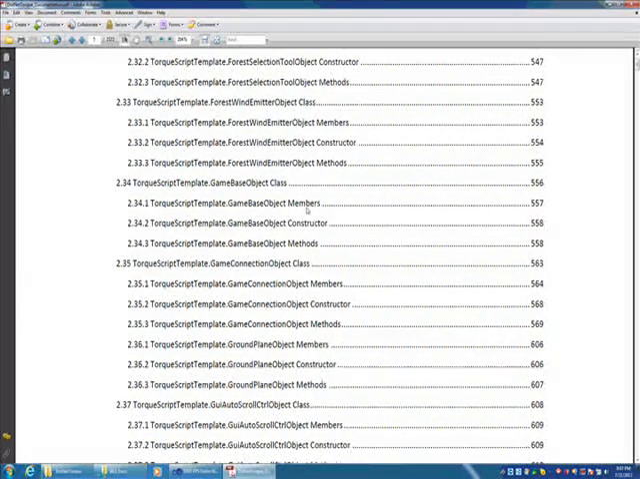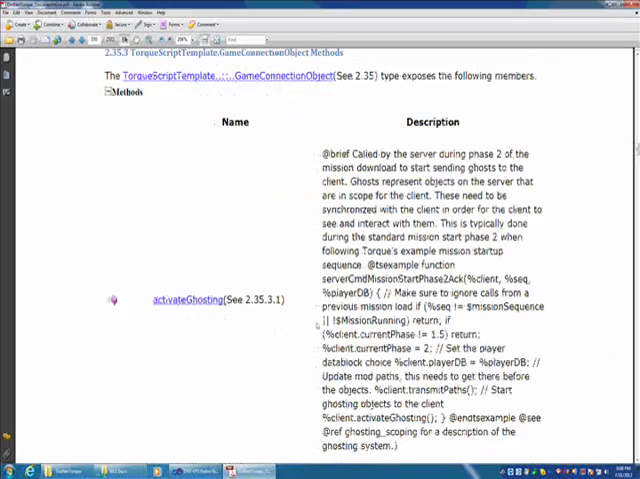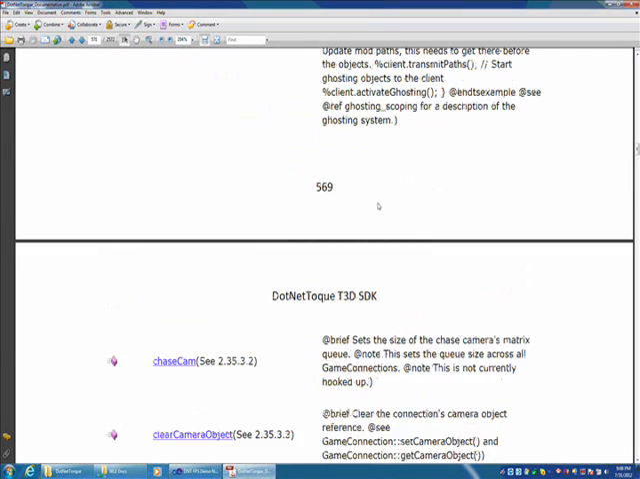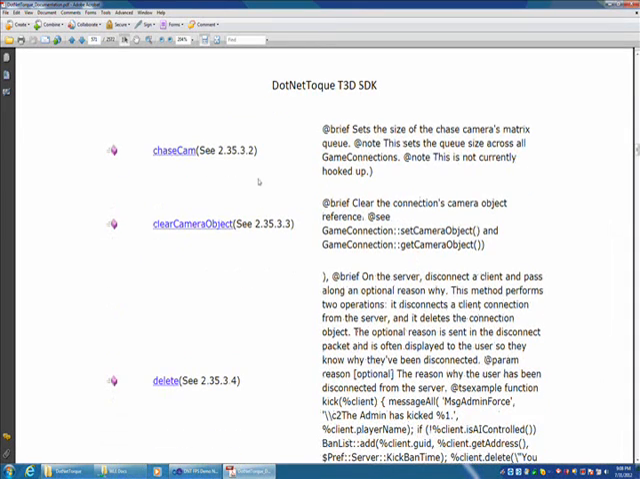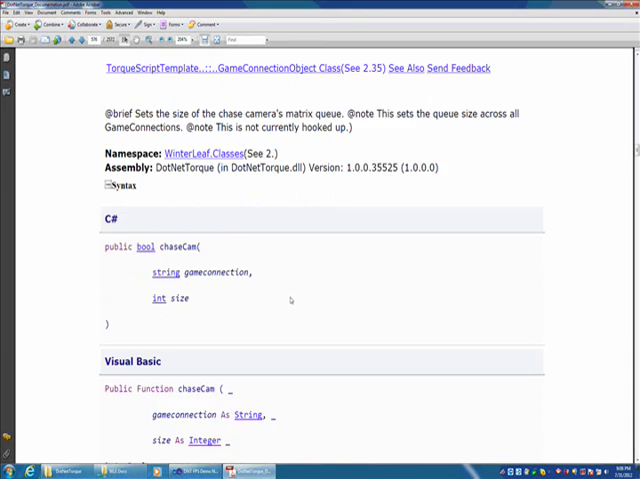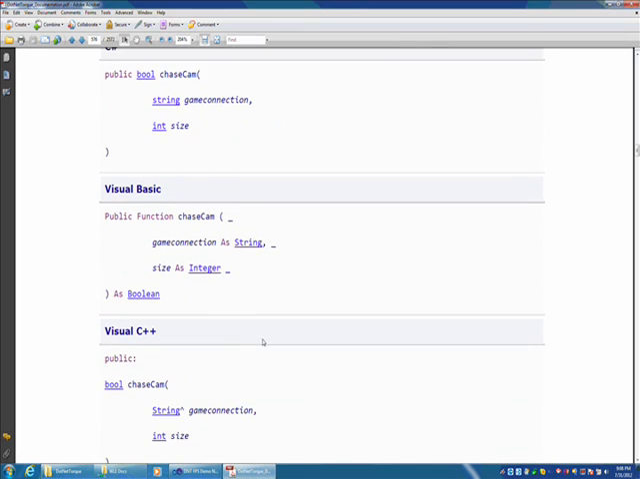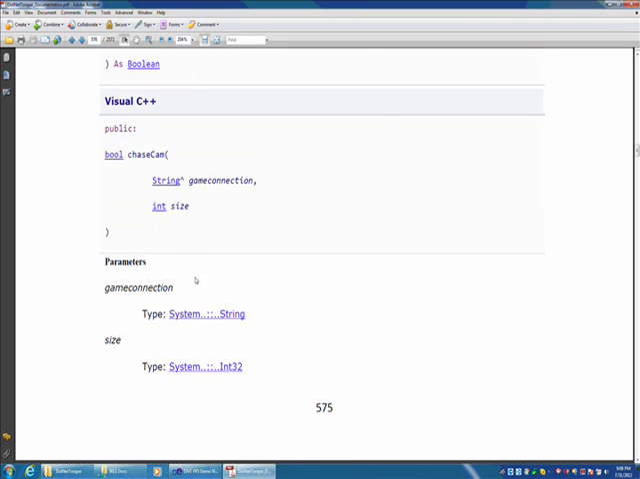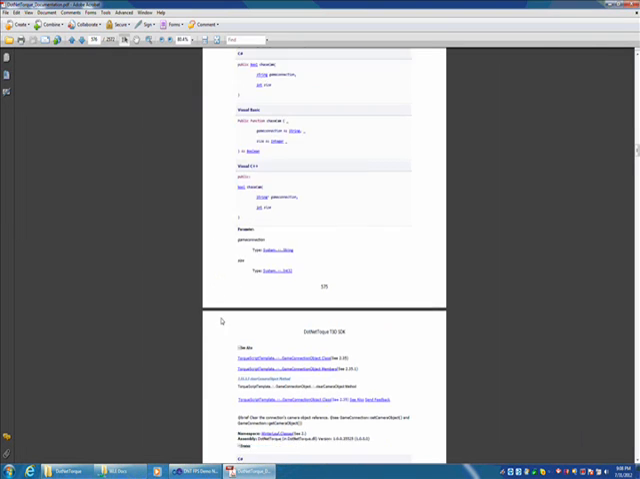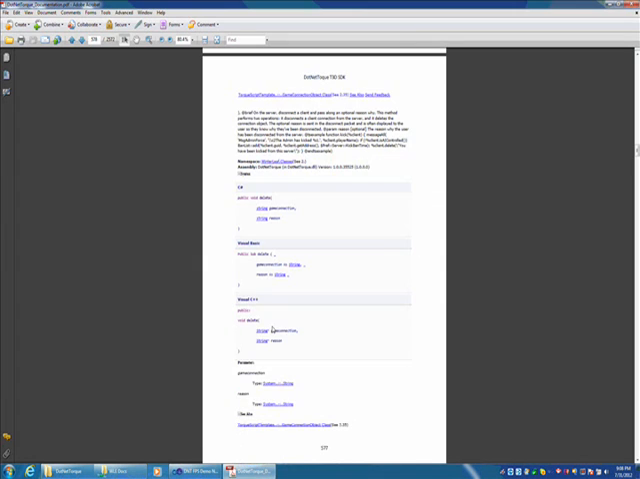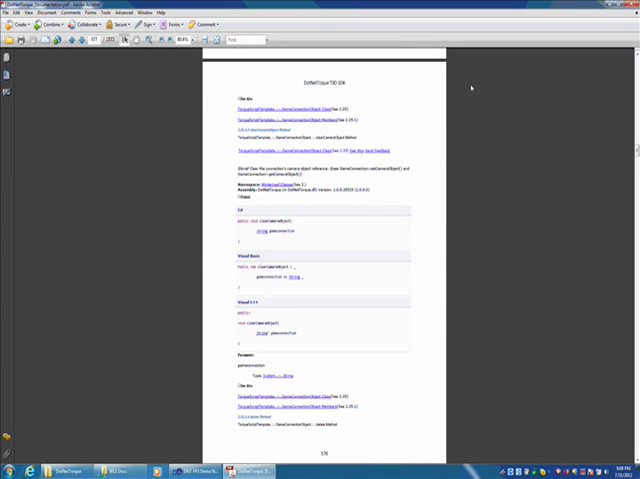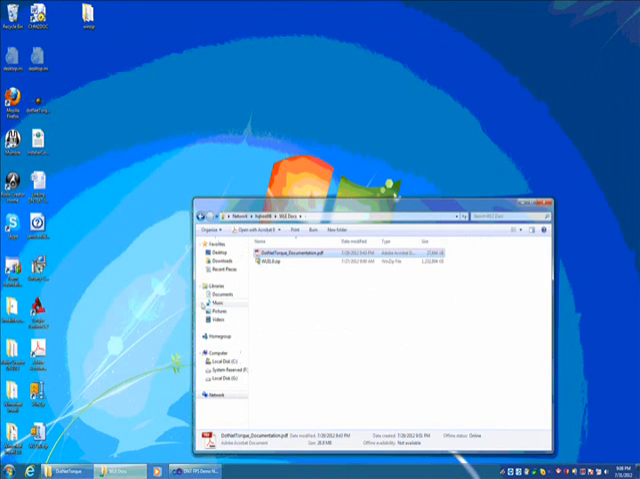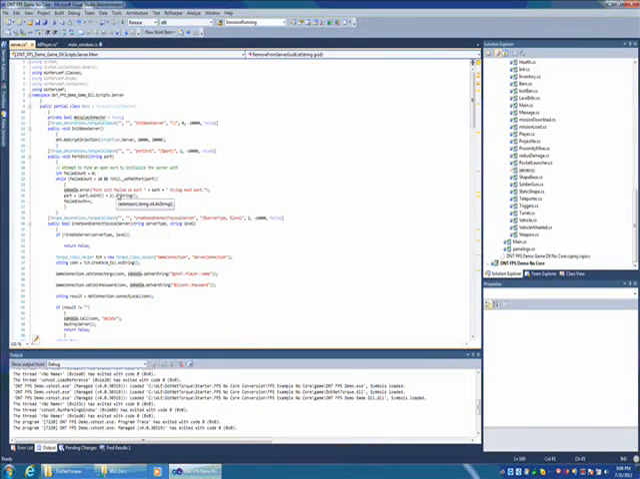As you can see, I guess I should make it a little bit larger. If we wanted to look for game connection object methods, we can see that, well, there's activate ghosting. The list goes on. And it's all in the documentation, so you can see what's going on and what the parameters are. So if we wanted to see what chase cam is, it'll tell you what the C# syntax is, the Visual Basic syntax, and the Visual C++ syntax. So everything is documented, as in what it takes and how to call it. And of course, this documentation is included with .NETTorque. So let's go ahead and close that. At least you'll be able to find the functions you're looking for, and after a while, you just start to realize